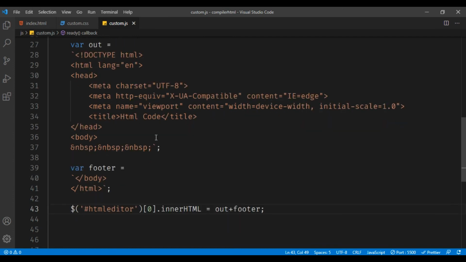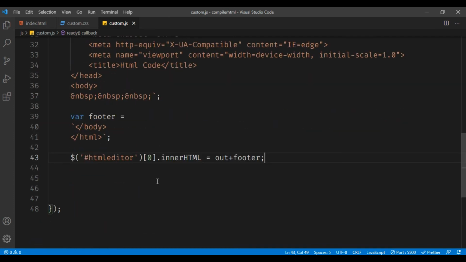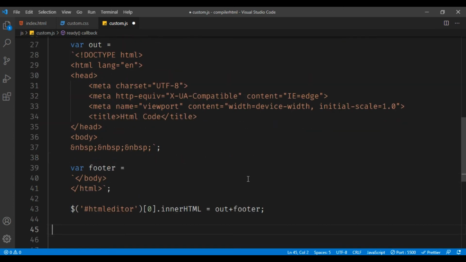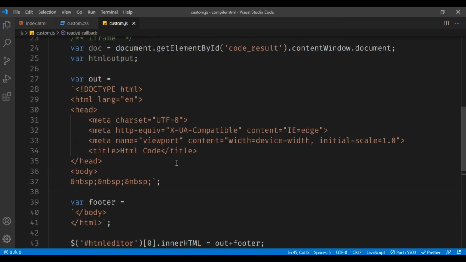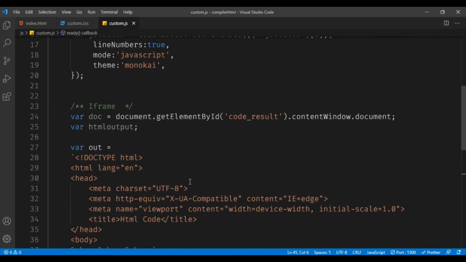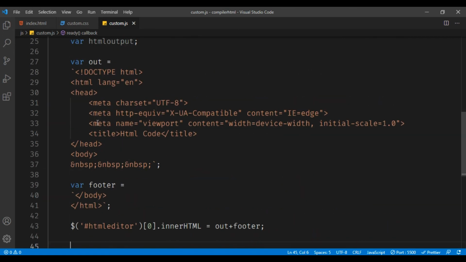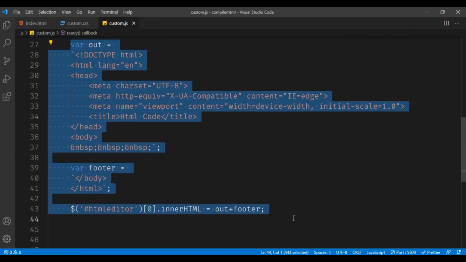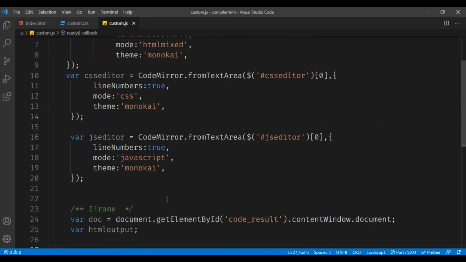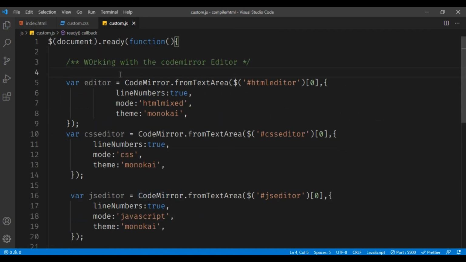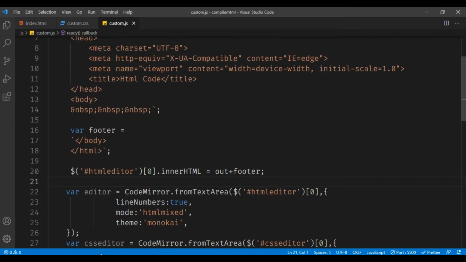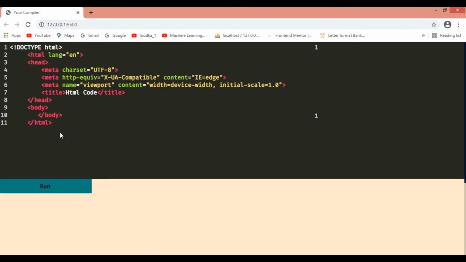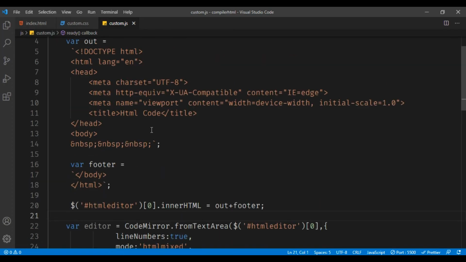Okay, document is here, out is here. Now we need to work with this thing. Button editor. And first, let me copy this thing and let me paste it above this thing so that it gets run on startup. Okay, guys, you can just see it is running the HTML code.